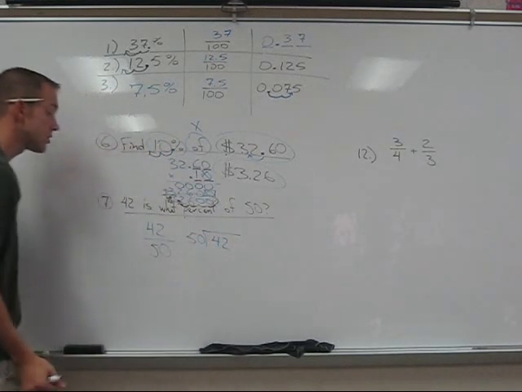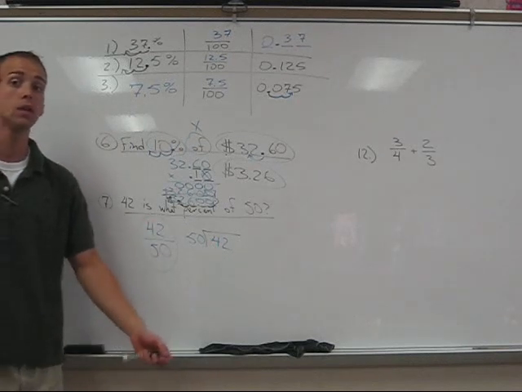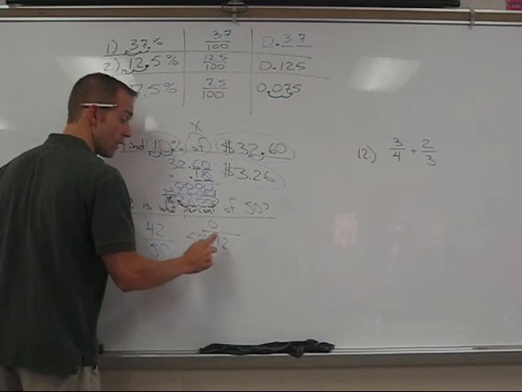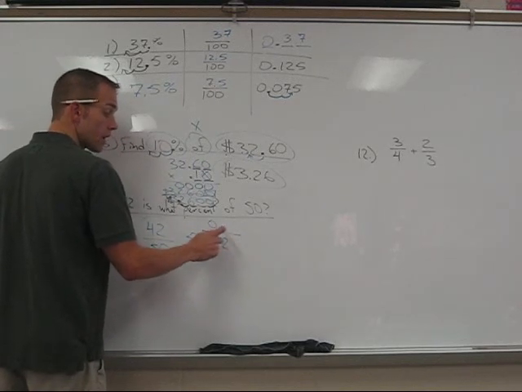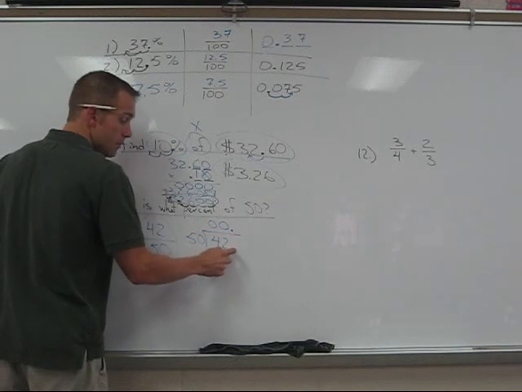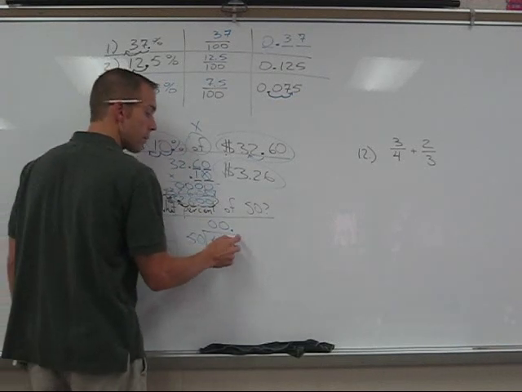And you know what? This makes more sense to me when I say, well, is this even one whole? No, it's not. So watch what happens here. 50 will not go into 4, nor will it go into 2. And that's why I know I'm going to get 0 point something. I'm going to have something less than one whole. This was a proper fraction.